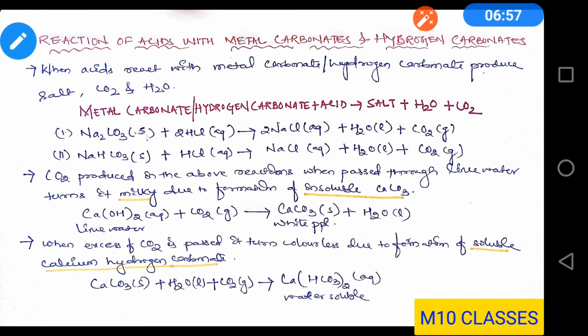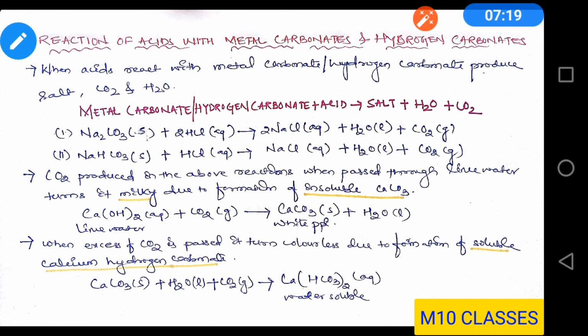So students, you have seen how acid reacts with metal carbonate to produce carbon dioxide gas. Now how to test the presence of this carbon dioxide gas? Carbon dioxide is a colorless, odorless gas that does not support combustion, and that is also the same in the case of hydrogen. So how to test this carbon dioxide?